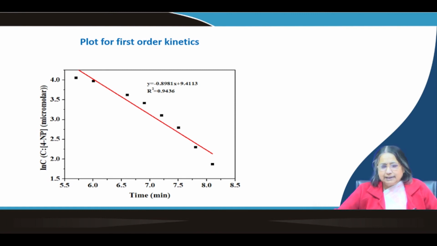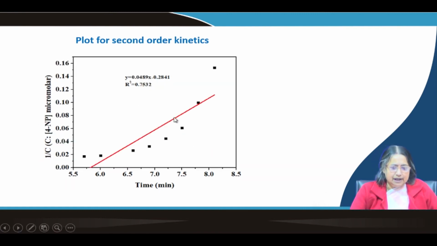Okay. That means our nitrophenolate reduction is not following first order reaction. Now, let us plot second order, okay, linear plot. So, in the second order plot we know 1 by C we have to plot against time. So, we have plotted it. Now, you see here this is also not linear. Okay. So, second order is also not followed. So, among the three, 0 order, first order and second order, we see that it is following very good linearity,